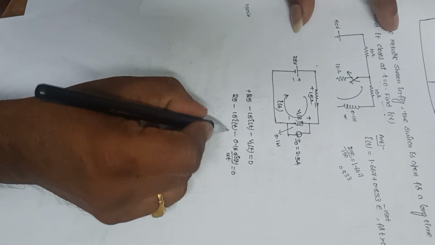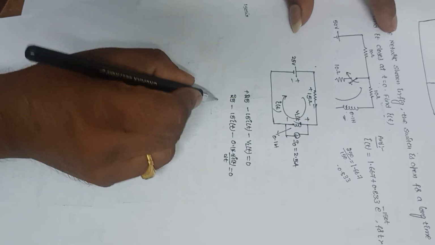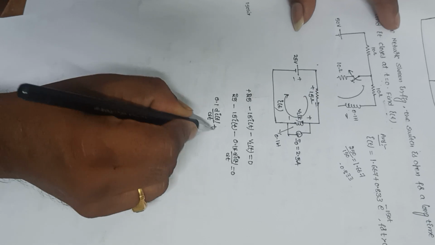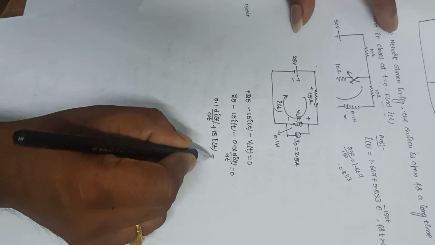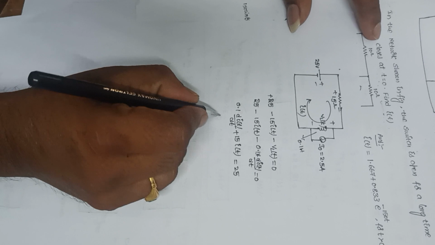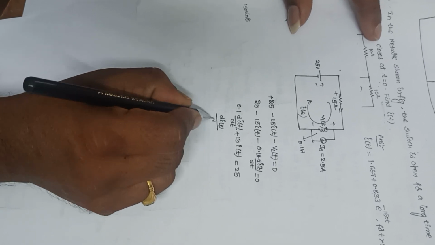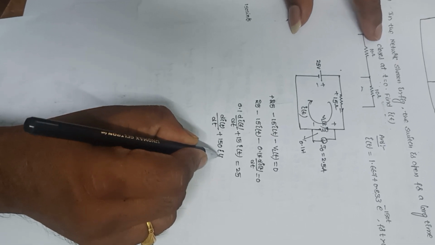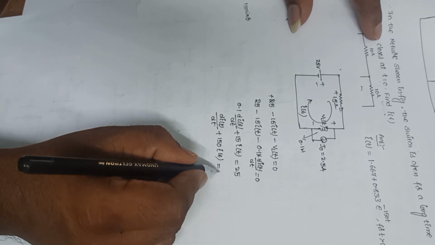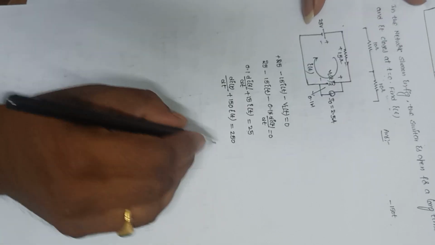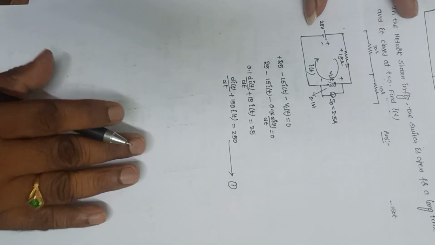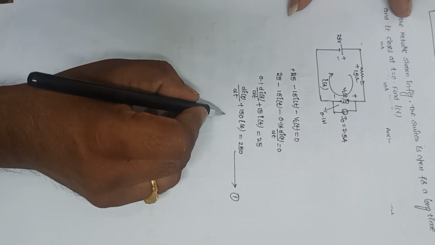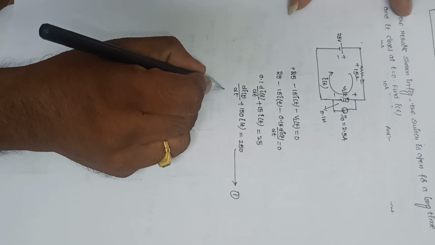Now write this expression. 0.1 into di of t by dt plus 15 into I of t is equal to 25. So di of t by dt plus 150 into I of t is equal to 250, dividing both sides by 0.1. So this is the expression. Let us assume it is equation 1. Now this is a non-homogeneous first order differential equation. So it is like